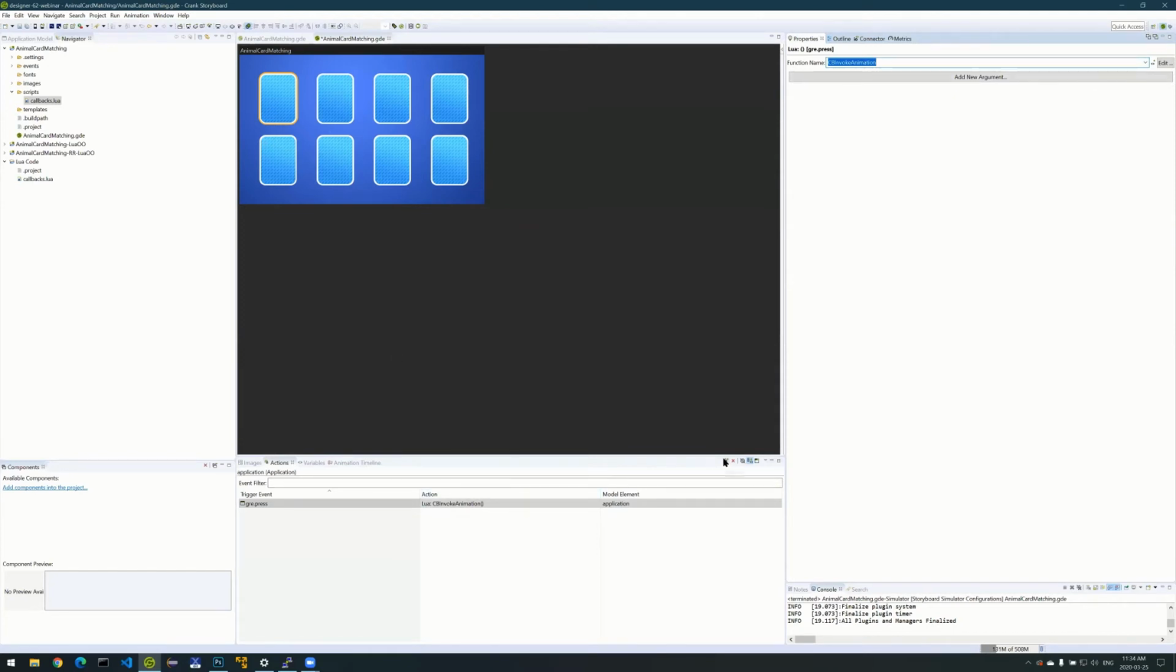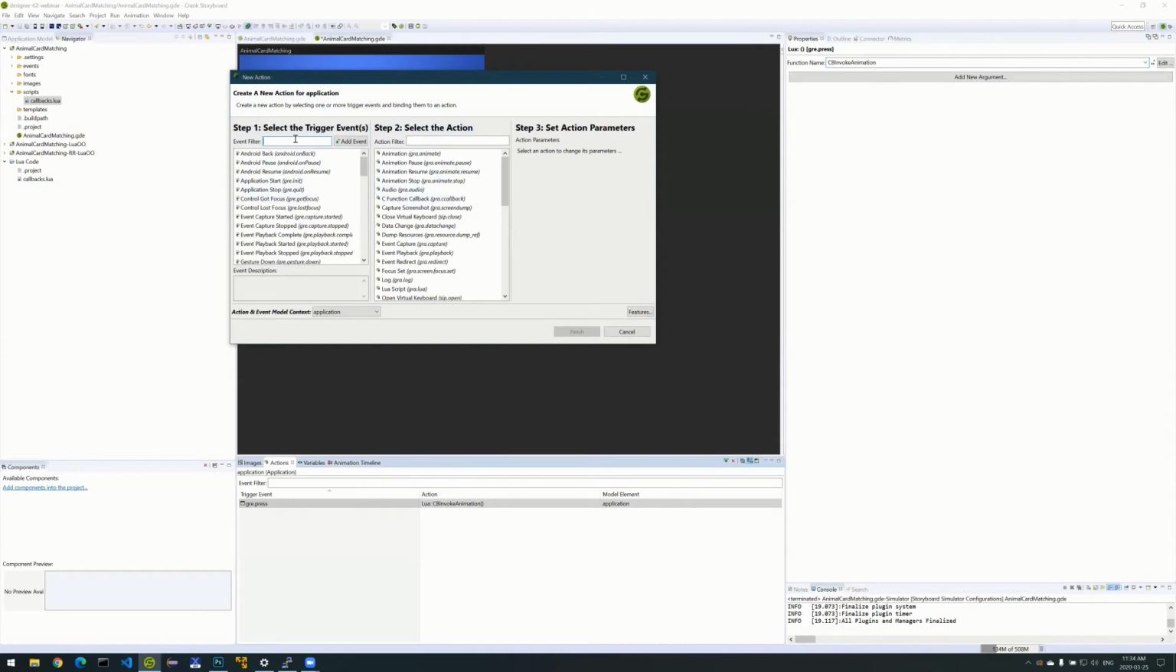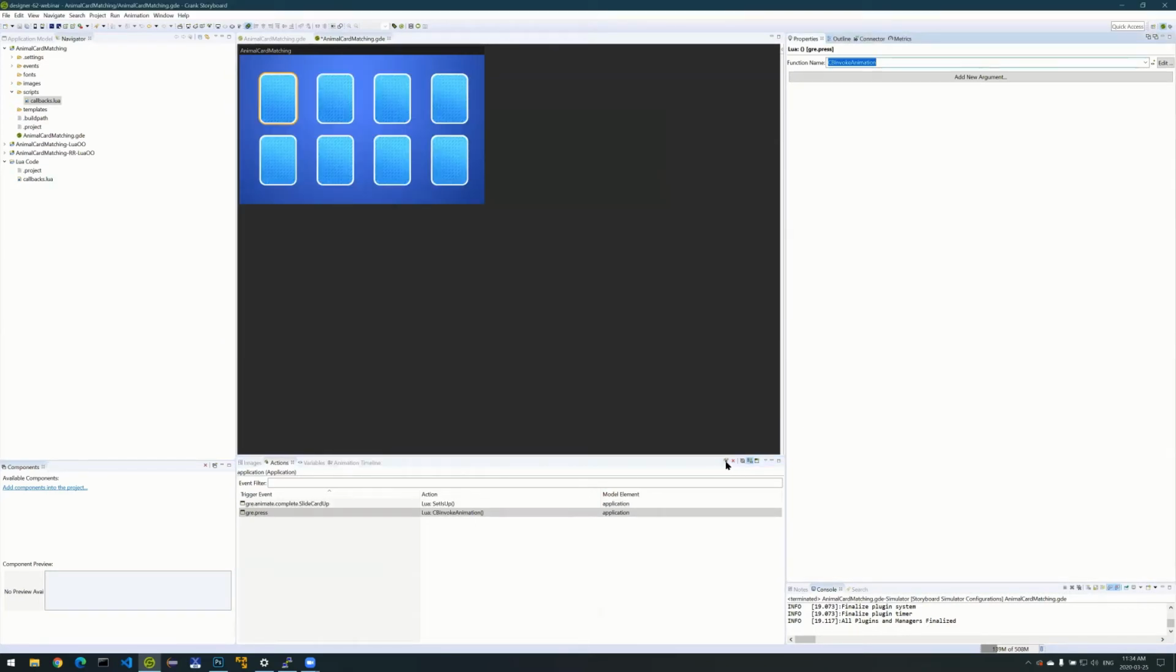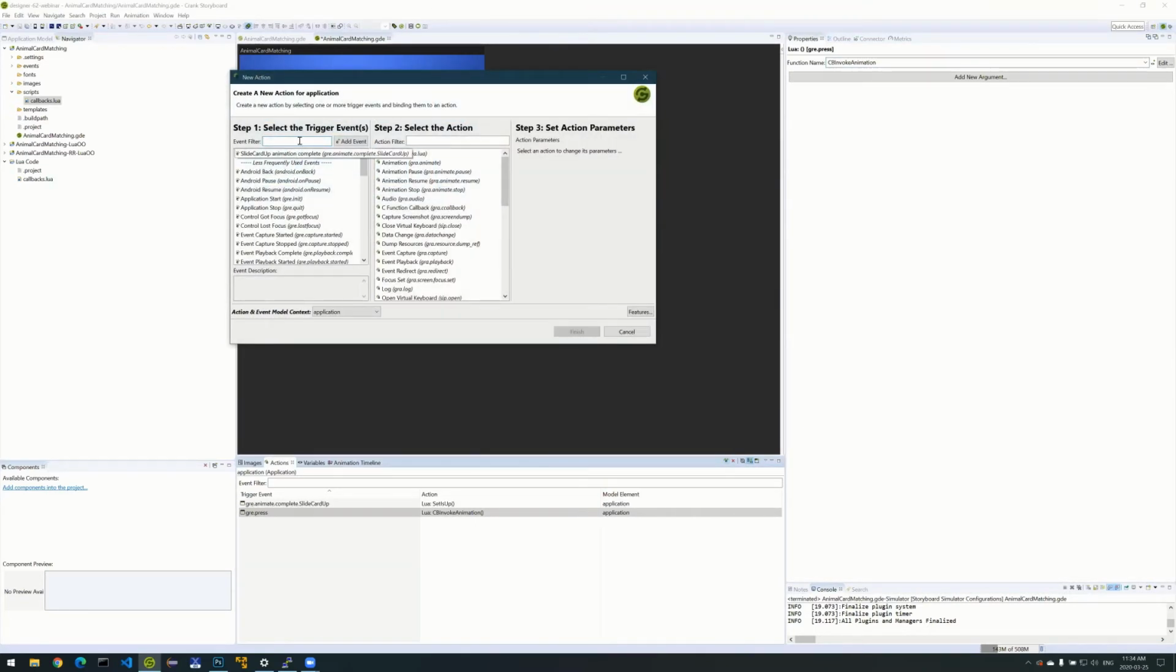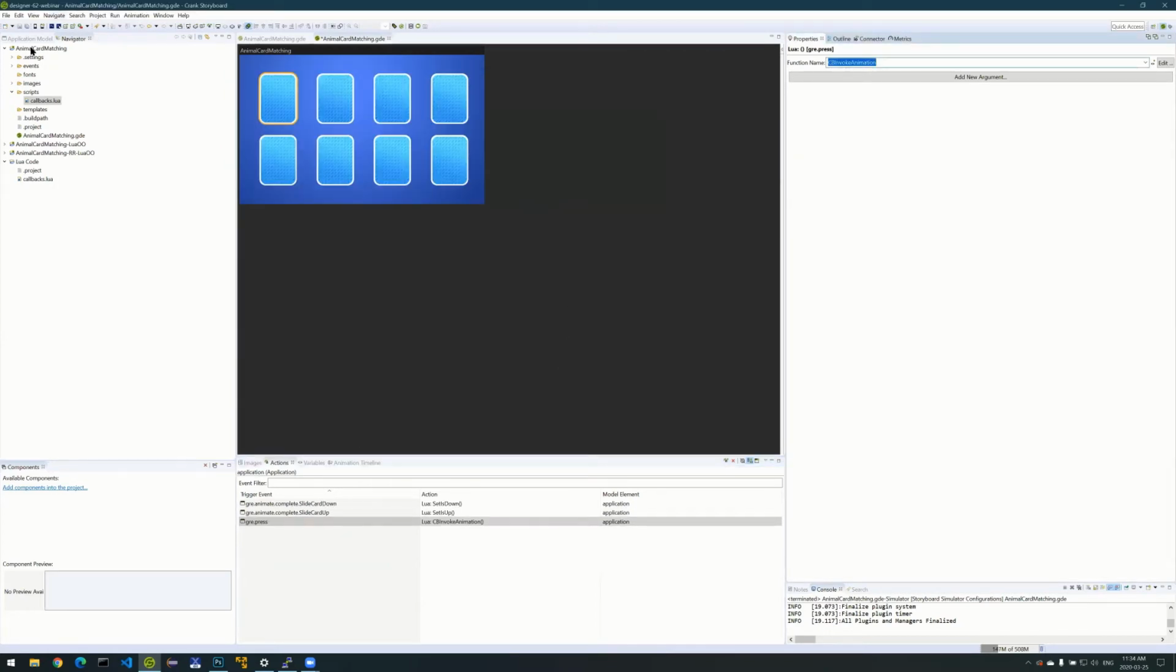But we need to track the state. When the animation is complete, I want to be able to tell my application whether or not the card is in an up state or a down state. So on the slide card up, I'm going to call some more Lua code, and that is going to set the state to up. And when we slide the card back down, we're going to set the state the other way. We're going to basically say, you're now down. So slide card down. And then if we simulate that,